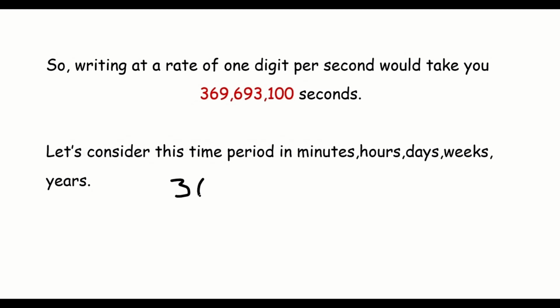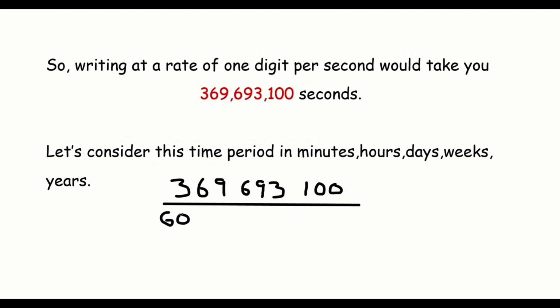So we take the 369,693,100 and we first divide that by 60 to get minutes. Now clearly that number is still going to be huge. So let's also divide it by a further 60 to put it into hours. That is still going to be a huge number. So let's divide it by 24 to give us days. Well, that is still going to be a big number. So finally, let's divide it by 365.25 to give us the number of years. And if you work this out, you can see it's approximately